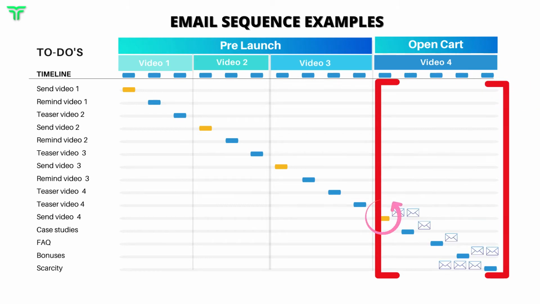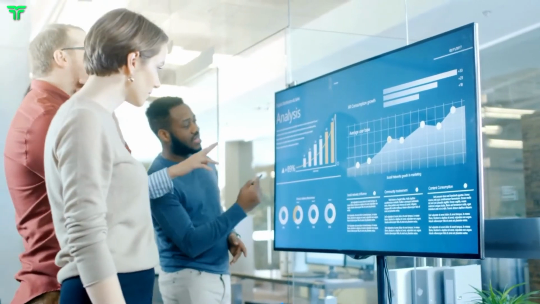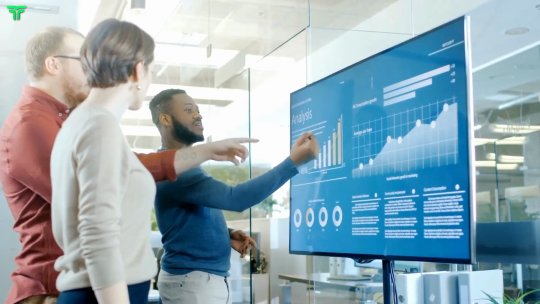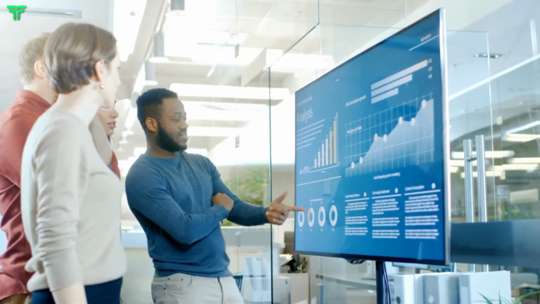But you're going to mail twice here. You're going to mail once here, twice here. And on the last day, you're going to mail 3 times. And you're going to be posting to social all the way through. And if you're using paid traffic, which works really, really well, both warm and cold paid traffic, you're going to be hitting all these trigger points.